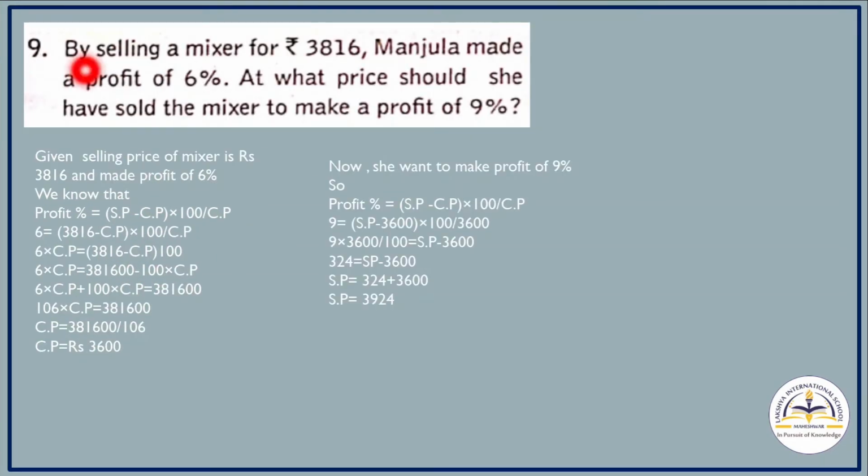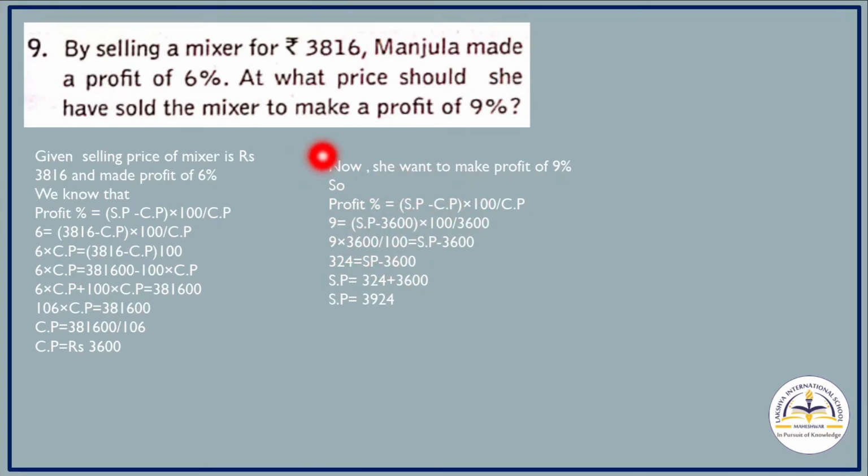Now question number 9, by selling a mixer for rupees 3,816, Manjula made a profit of 6%. At what price should she have sold the mixer to make a profit of 9%? Now the selling price of the mixer is 3,816. This is the SP, and the profit percent is 6%. So we have to apply the profit percentage. Here again we have to find out the cost price first. So the cost price will be 3,600,